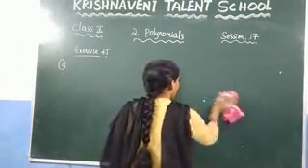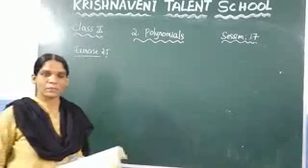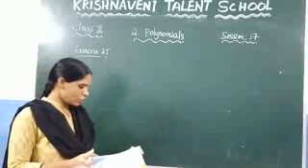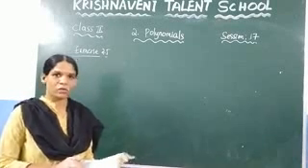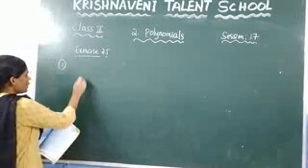A plus b into a minus b. And you know that a plus b into a minus b is nothing but a square minus b square. The same thing, similar to that of the problem, they have given the fourth one, and solving the fourth one, you can do the third one. So here, the fourth one,